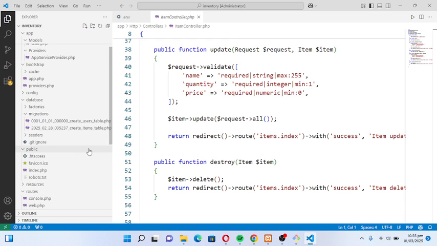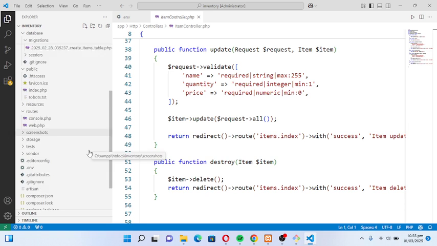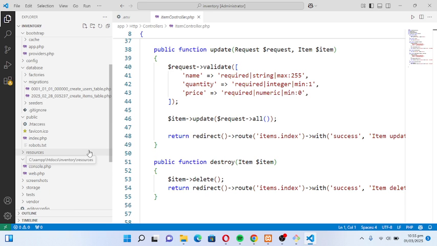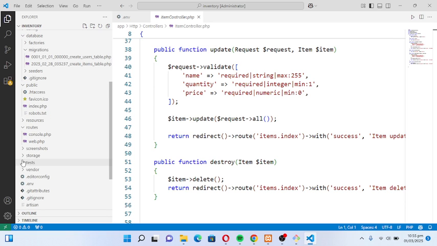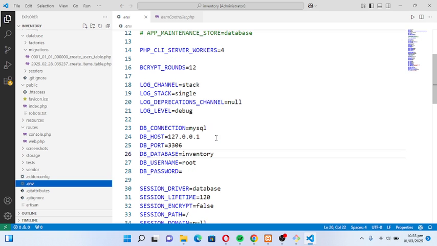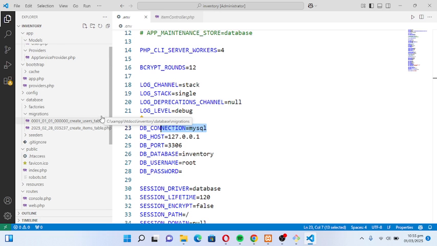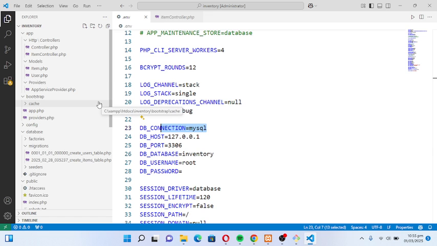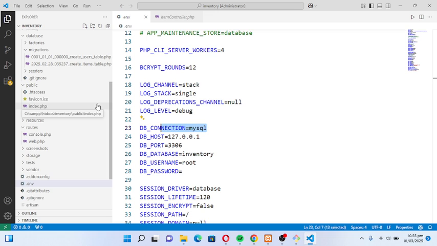Okay, so next, we have also here the front end. So storage, no, the database here. MySQL, the database is we have here the inventory. The database is MySQL that we use. Okay, so let's go to the